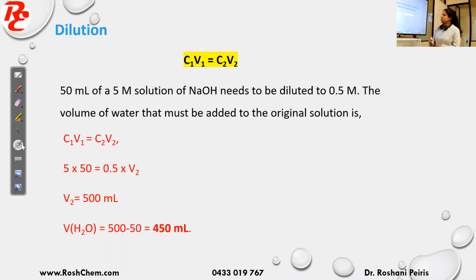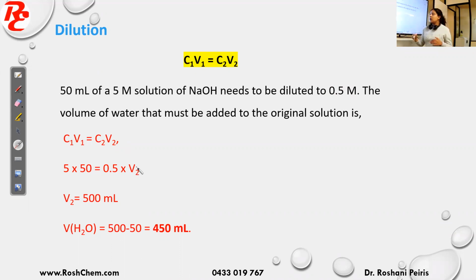The volume of water that must be added to the original solution is, okay, because it's a dilution, I use C1V1 equals C2V2. Here 1 represents the original, 2 represents after the dilution. So this is undiluted, this is after the dilution. Before dilution, the original concentration is 5 molar. Its volume is 50 mL. In this equation, I can use volume in mLs or liters, it doesn't matter, but it must be the same on both sides. So 50 mL here. And then after the dilution, you want to make the concentration 0.5. So this is C2. So I can first find V2.